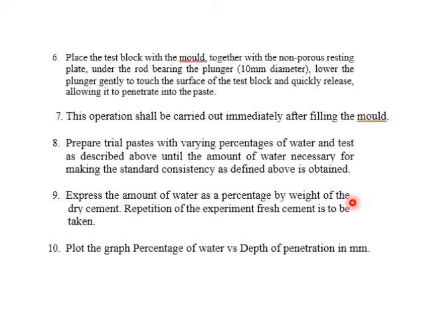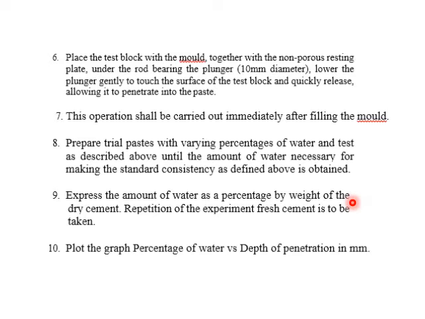Okay, so once you release that pin, 300 grams of weight falls on the needle and the needle penetrates inside the cement, right? So now you can see what amount of depth it has gone from the bottom in the dial gauge reading. So that reading you need to record. Okay. So every time when you add a different percentage of water, see, for 26 percent, I may get around 16 mm. So next, once again, discard the sample, clean the needle, clean the mold, everything.